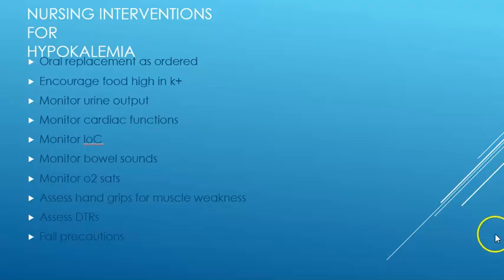Foods high in potassium are dried fruits, cantaloupe, bananas, some of your salt substitutes, avocados, things like that. Your max recommended potassium dose per IV is a rate of 10 milliequivalents with a concentration of no more than 1 milliequivalent of potassium per 10 mLs of solution. You want to make sure that when you are given potassium that you are following your doctor's order and that